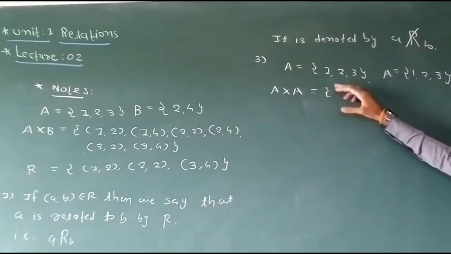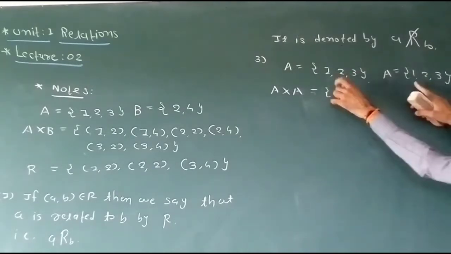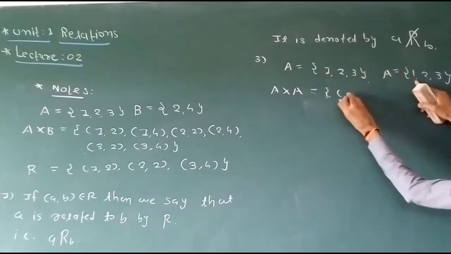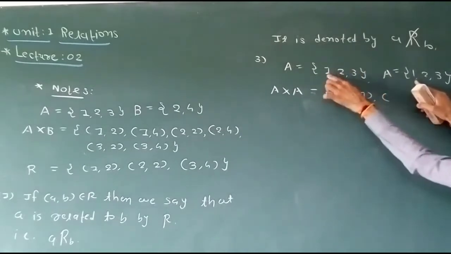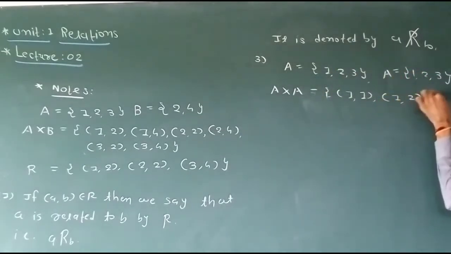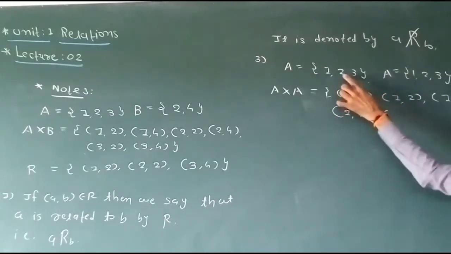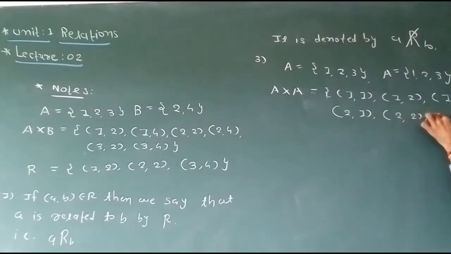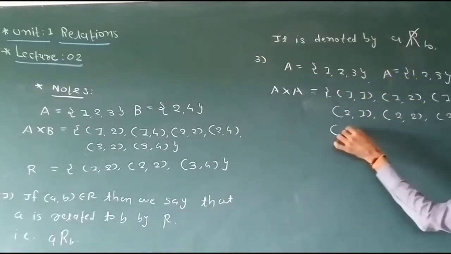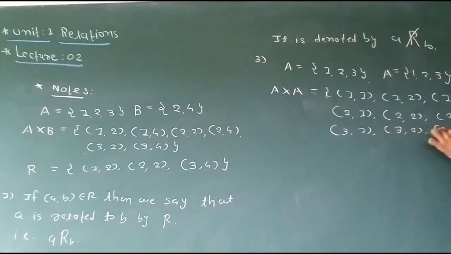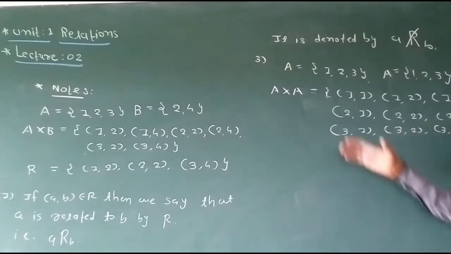આ મિત્રો આપણા બંને સેટ કોણ છે? સેમ છે A A। રેડી? So here we define the Cartesian product on set A itself। So first pair is the 1, 1, second pair is the 1, 2, third pair is the 1, 3, next pair is the 2, 1, next one is the 2, 2, next pair is the 2, 3, next pair is the 3, 1, next pair is the 3, 2 and last pair is the 3, 3। So this is also Cartesian product।